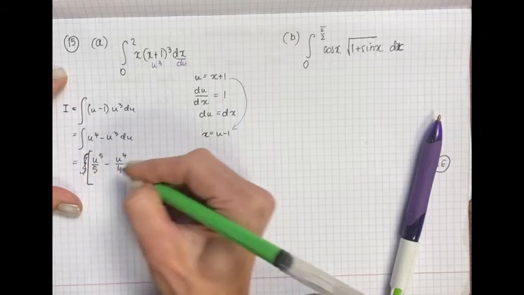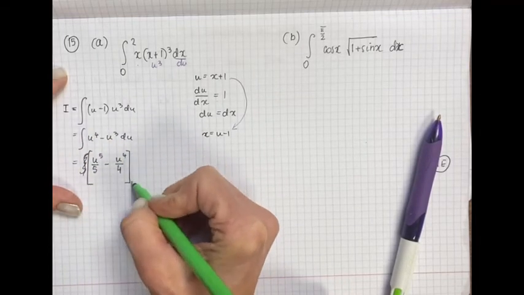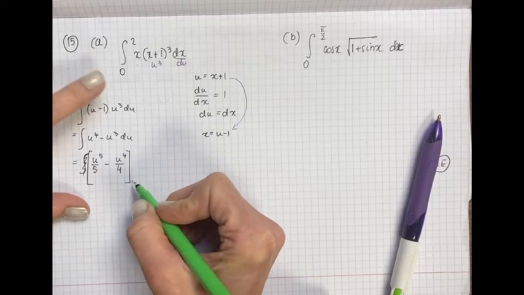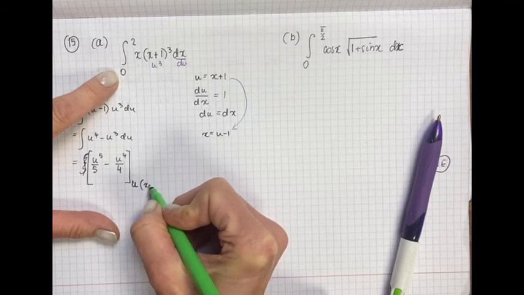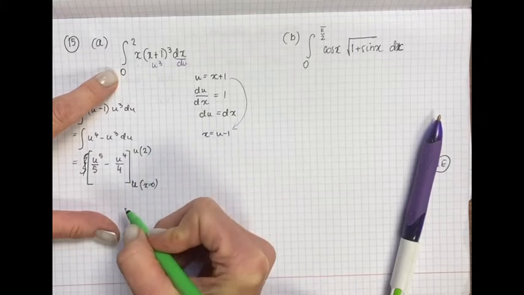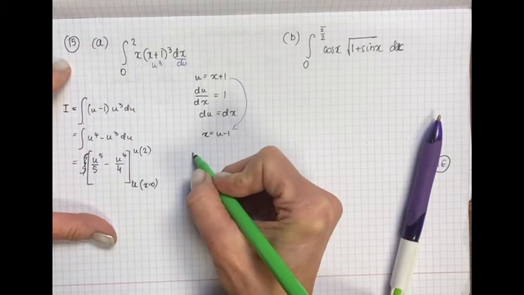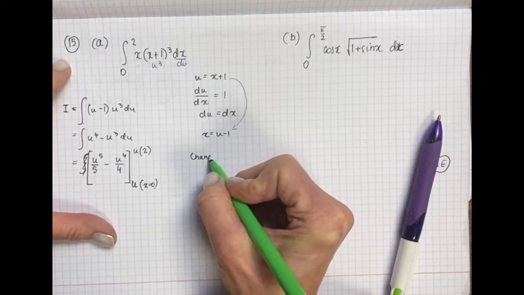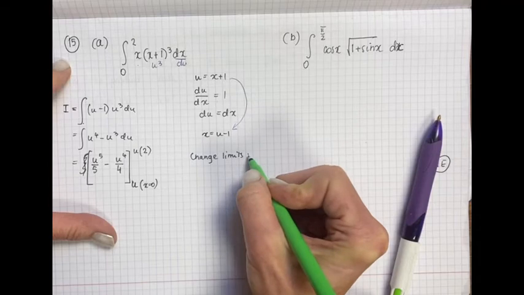Now over here, if we do have limits, we are going to substitute limits, but at the moment they are x's. So we need to find what u is when x is equal to 0 and what u is when x is equal to 2. So these are our new limits. So changing limits will give us